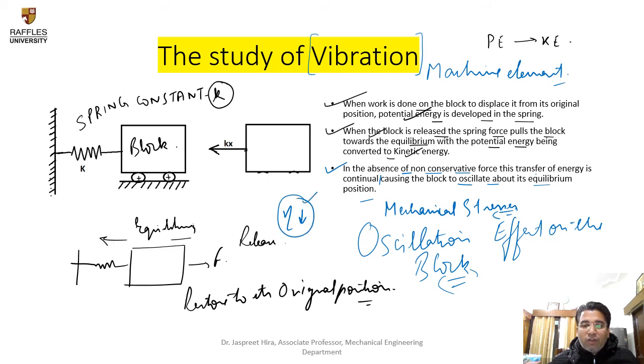So our main function as mechanical engineers is to increase the efficiency of the machine elements. For increasing the efficiency of the machine elements, there should be dampening. We have spring dampers and cushioning effects that do not allow the machine element to oscillate from its origin. Oscillation from its origin causes distortion in the machine element, which is not required. So students, now you understood the concept of vibrations in machine elements.